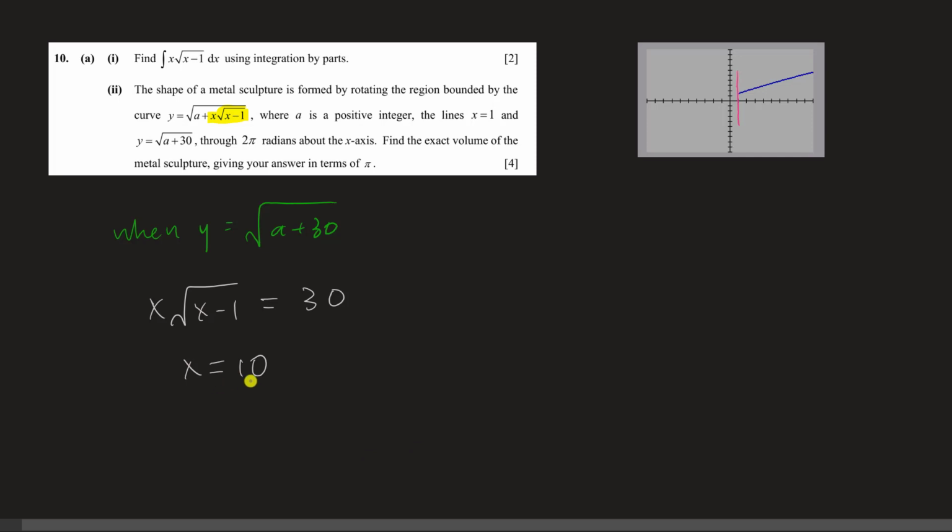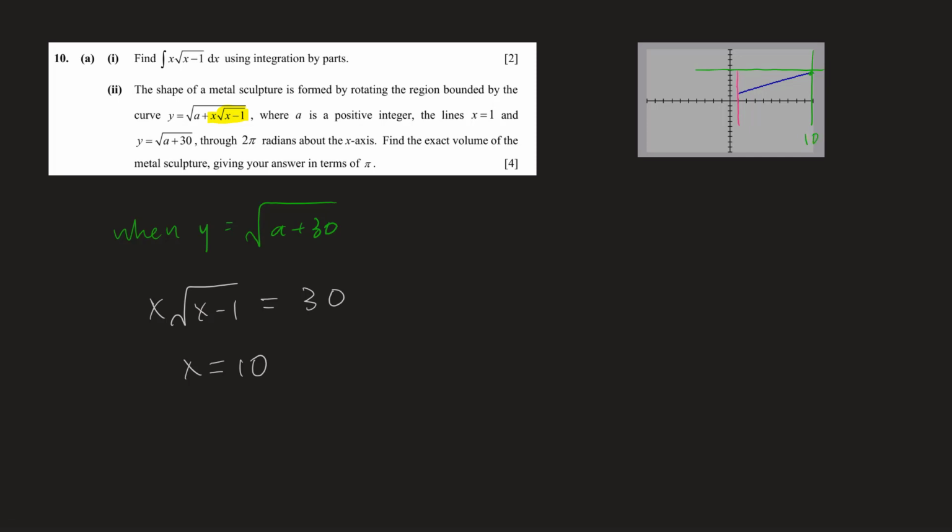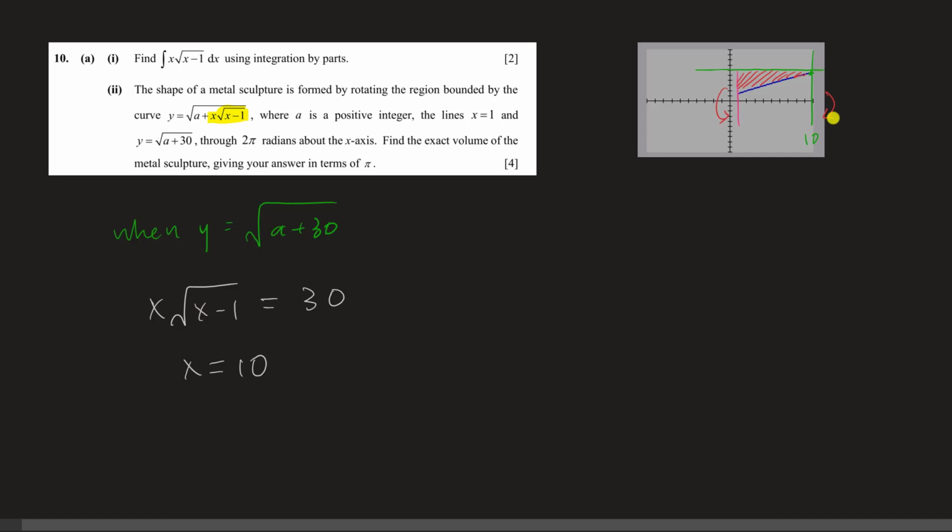You end up with the same answer, x equals 10. This means that the horizontal line will cut the graph at 10. And the area that's bounded would be this red color area. Now, can you tell that if I were to rotate this red color area about the x-axis, it's actually this cylinder